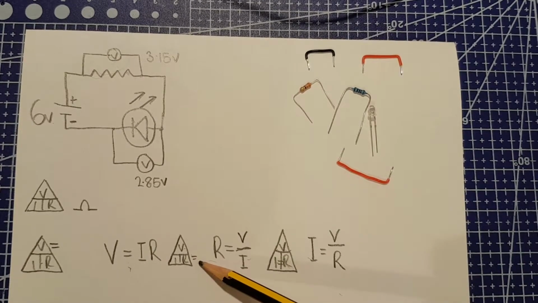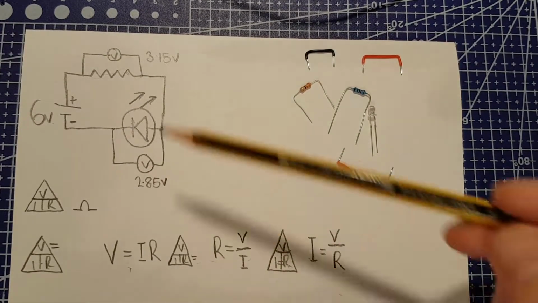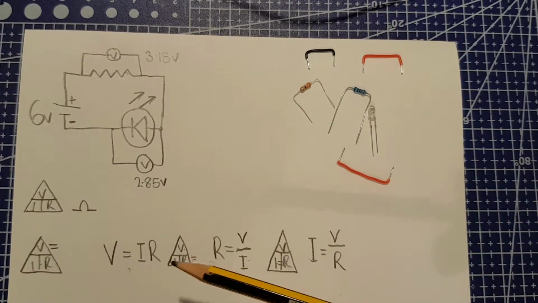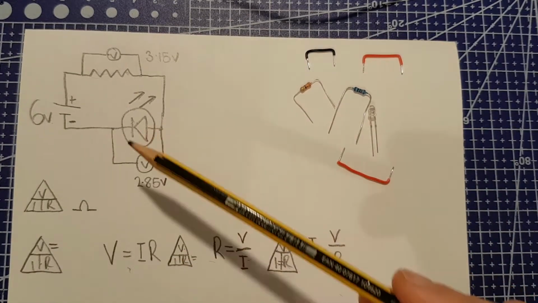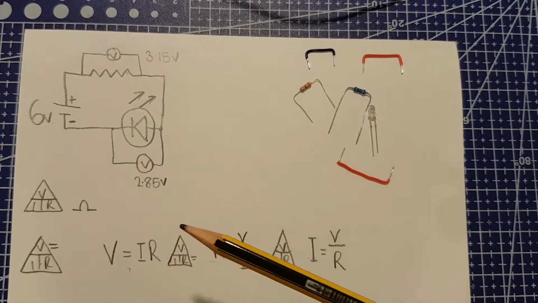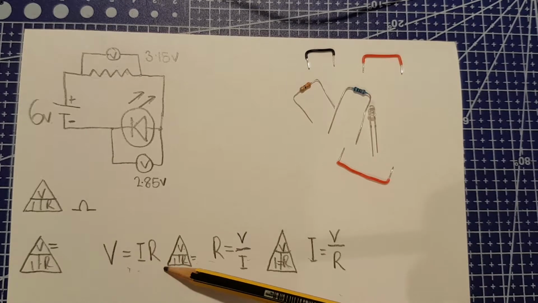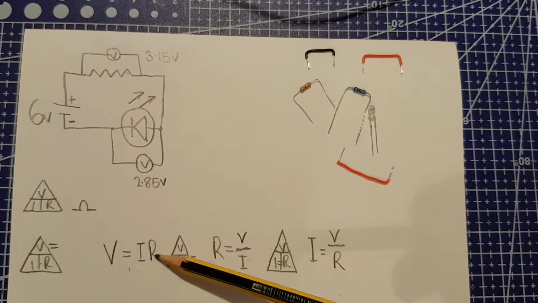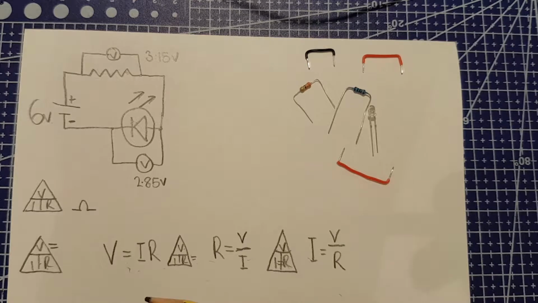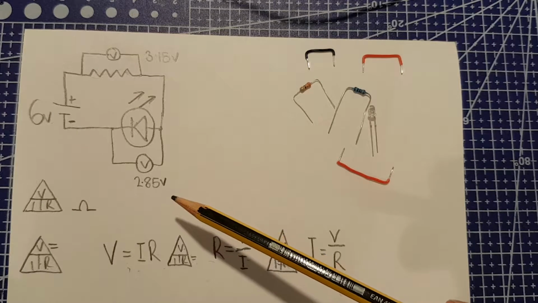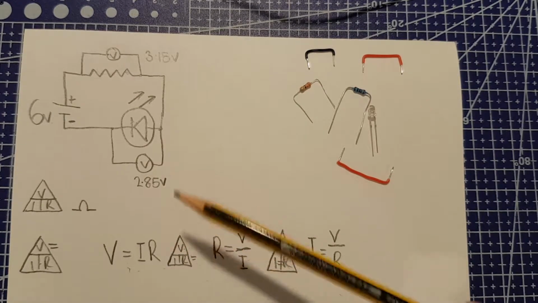Now what that means is we can use one of these formulas to calculate some values. Now we need two values to get the third, and in this circuit I want to limit the current because the LED can only handle a certain amount of current, and in this circuit I want to limit it to 10 milliamps. A milliamp is a thousandth of an amp, or 1 amp divided by 1,000. So you have to be careful when you're writing these formulas. Current is in amps in Ohm's law. So if you're using milliamps, which you might be on a lot of smaller circuits, especially logic circuits, then you want to write the milliamps as amps. Okay, so I want 10 milliamps, which is